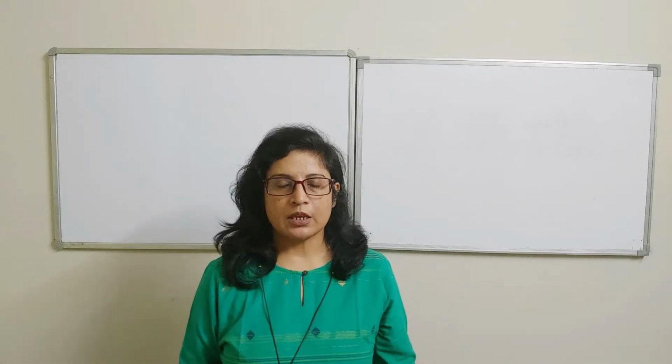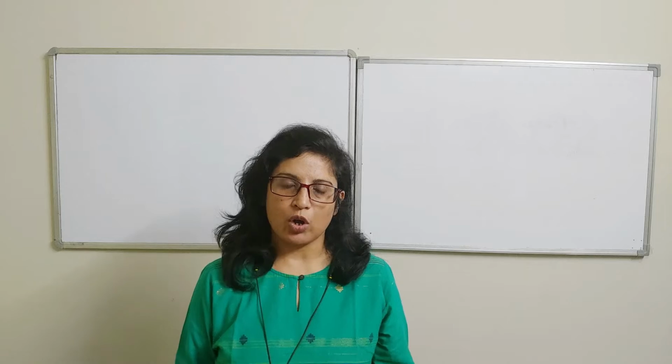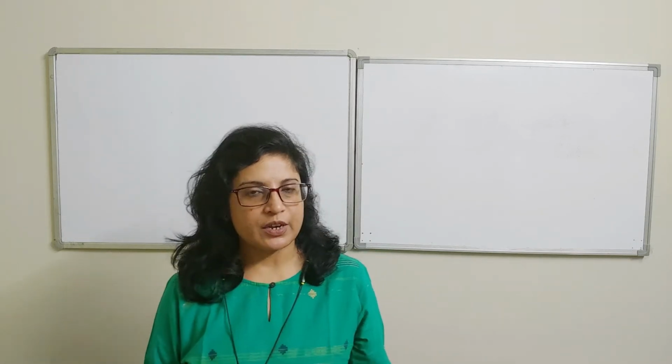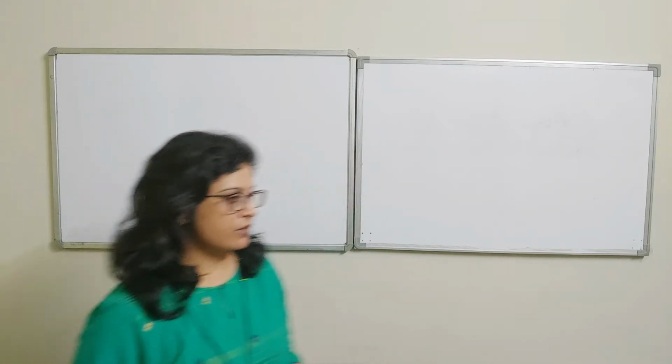Today's class we are going to see the second method of finding out the inverse of a matrix. In the previous classes when we were dealing with matrices, we had seen that by using row and column operations, the inverse of a matrix could be found. Today we are going to see a shorter method to find out the inverse. And to understand the shorter method, we first need to understand what exactly is adjoint of a square matrix.